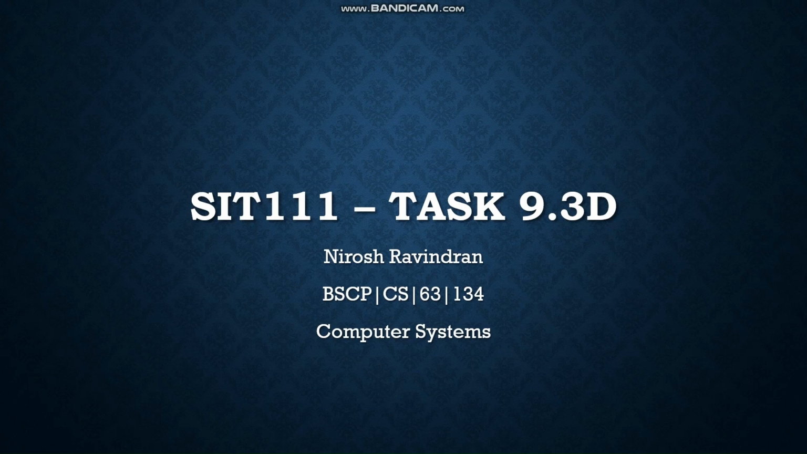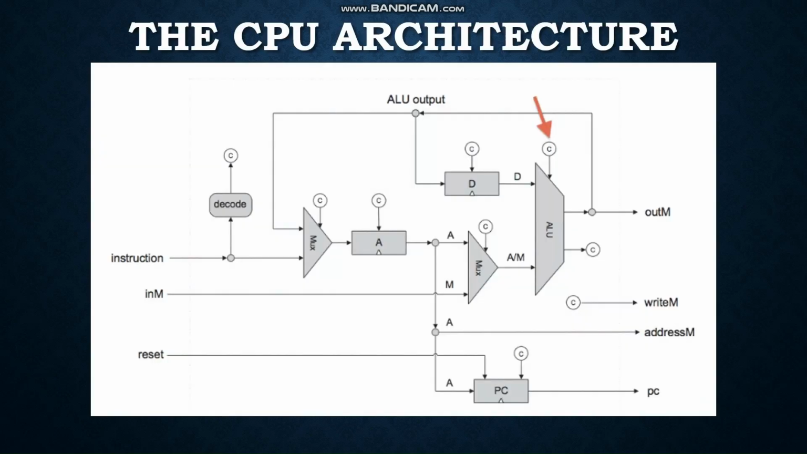So in this task, I'll be explaining how to translate the given CPU implementation diagram to a CPU HDL code. So first, let us look at the provided diagram. This is the CPU architecture. This diagram represents the proposed design for a CPU architecture that I will use to explain and implement the CPU's